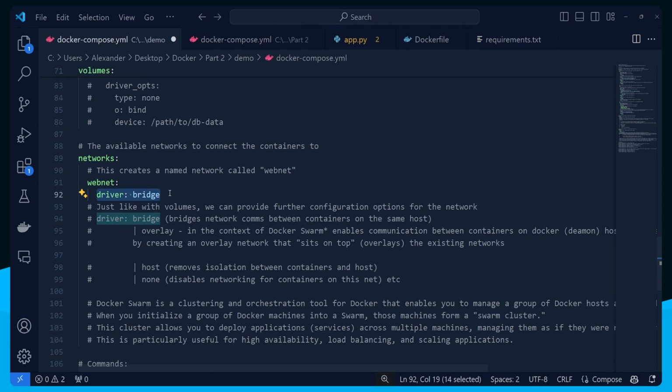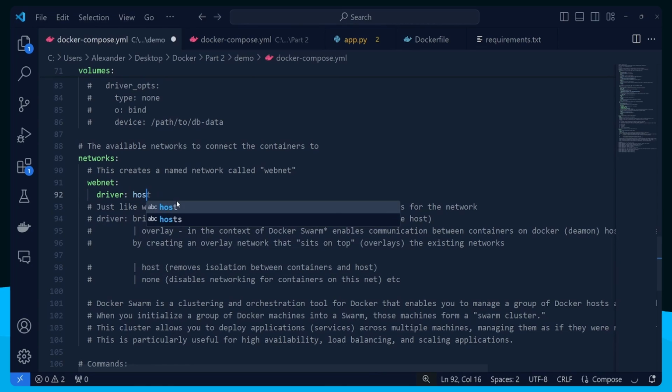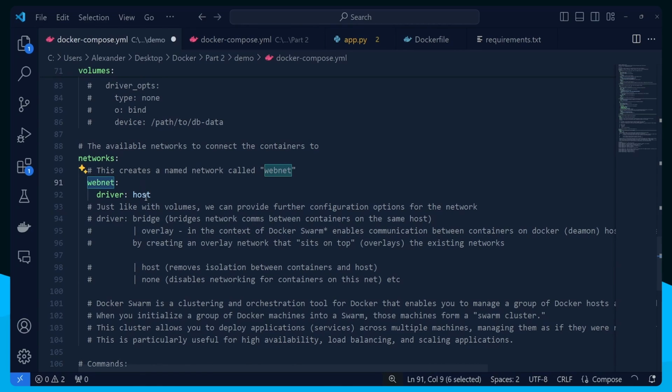Besides the bridge driver, you also have the host driver, and this will allow all of the containers which are on this network to directly communicate with the host machine. So basically, this removes the isolation between hosts and networks. You can also state that the driver is none, which will effectively disable networking for those containers on that specific network. Now, the last driver I want to mention is the overlay driver, and the overlay driver is a